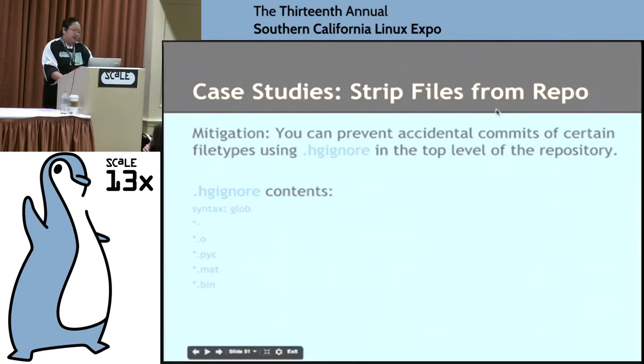And so in this case, I taught them how to use the hgignore configuration file. It's like the git ignore file. You tell it which files, which extensions to ignore, and then now when you say, let's add all the new files, at least it will ignore those files that you don't care about, like build artifacts that change all the time, those binary files.